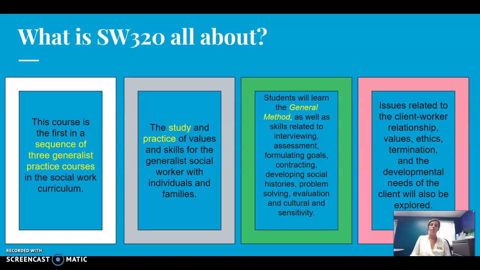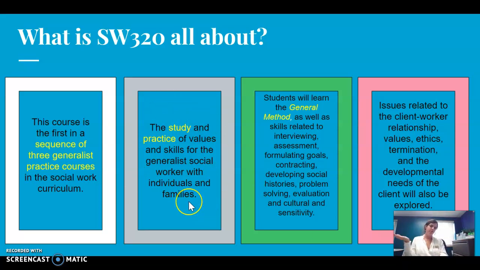So the skills that you learn here, we practice on an individual level, but you're able to take those skills and use them at the meso and macro levels with really any population you want, whether it be kids, adults, going into gerontology or foster care, anything. The skills that we teach you in this class are intended to translate into any population you work with.